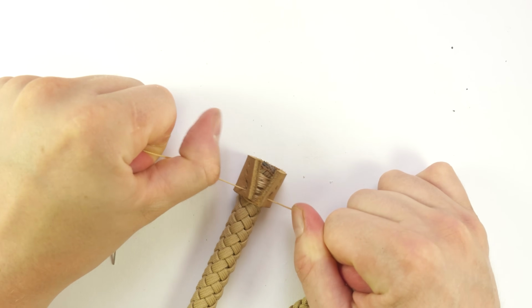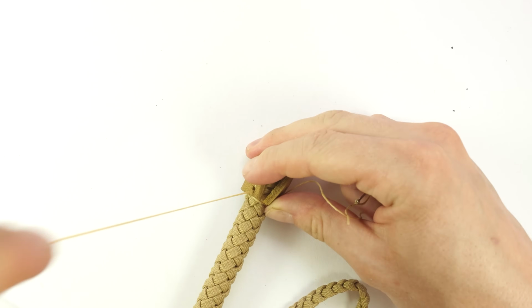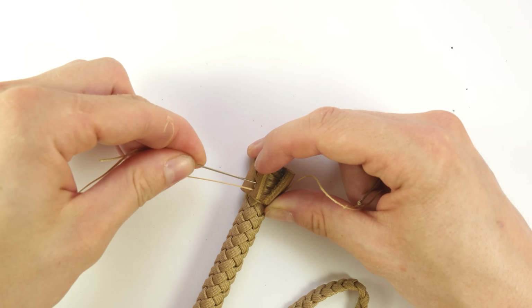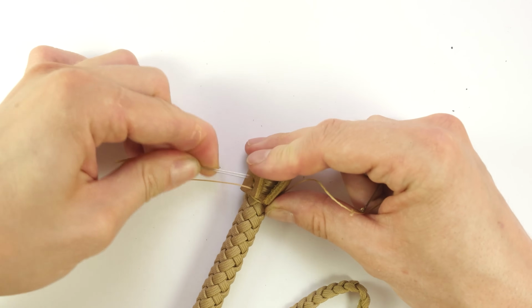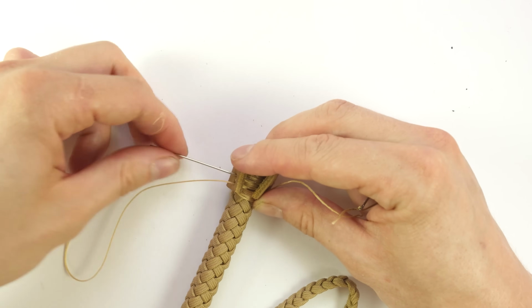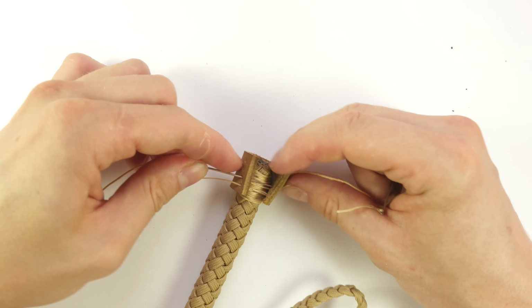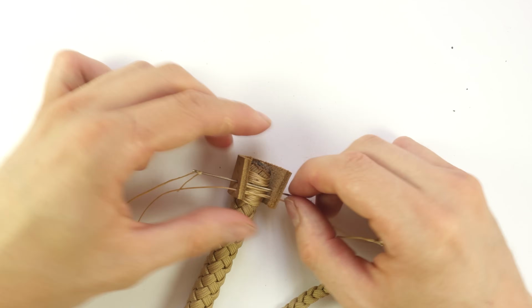Like this. Then we're going to take the left end and travel through the second hole from the bottom again. So we're basically doing a back stitch. So through the second hole from the bottom on the left, then through the second hole from the bottom on the right,